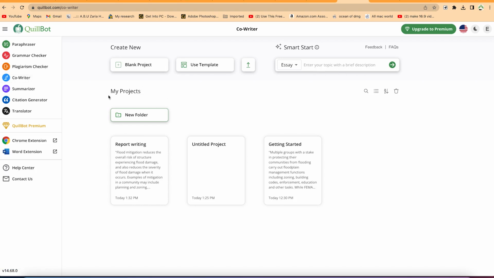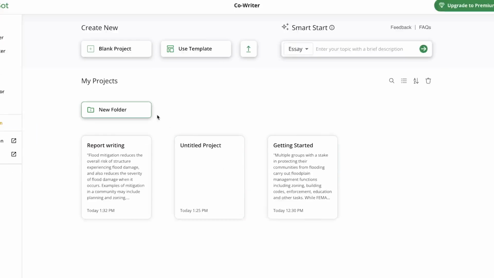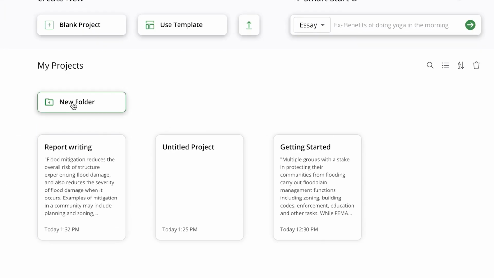So you can start from here, you can see available documents that you've worked on. You can find them over here, and you can create a folder where you can save all your write-ups. Maybe you can have your introduction in one file, your main content in another, and you can have references in a separate file, but all of them located in the same folder. You can create a folder for a given project.